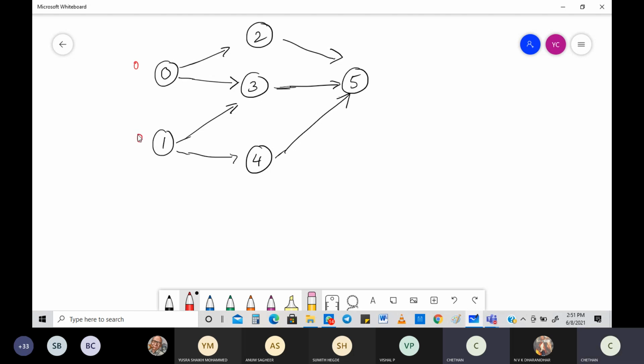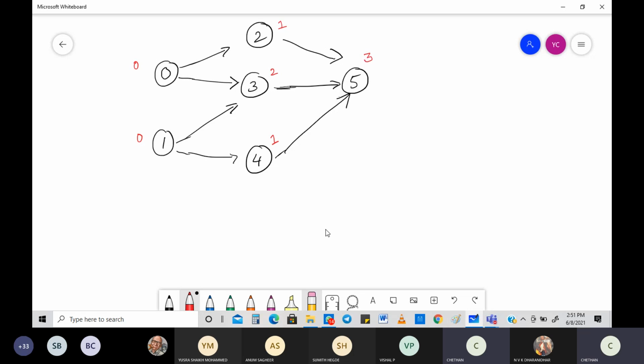Then 1, obviously 0, nothing coming in here. Then go with regard to 2. What is the in degree? It is nothing but 1. Then 3. Be careful with the way you're writing the in degrees here. What is the in degree that you got here? It is 2. Then 4. There's 1 that is coming in, so there's 1. Then 5. Be careful, there are so many here. 1, 2, 3. Now this will become 3.